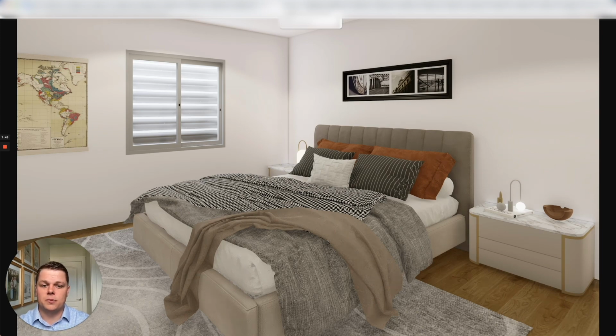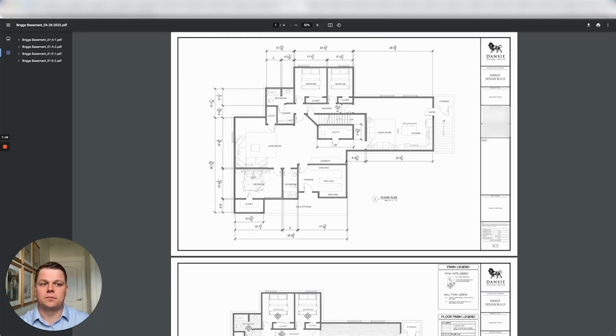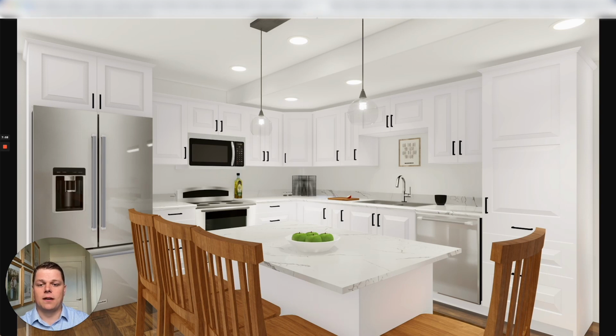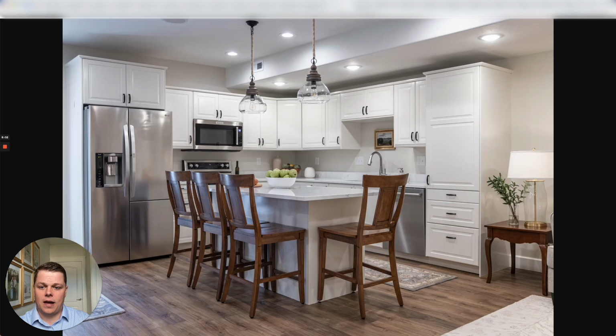So this is the bedroom example, and then this is another project that we did for a basement. You can see this kitchen over here and the walkout entry, how that comes in, and then this is the example of the rendering we did, and how it actually turned out. So again, when we do the renderings and we use the plans, we are able to build it very close to